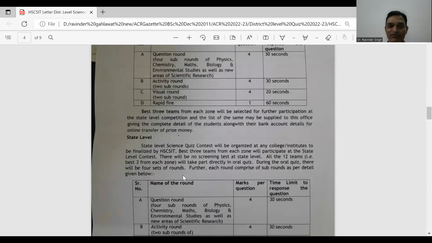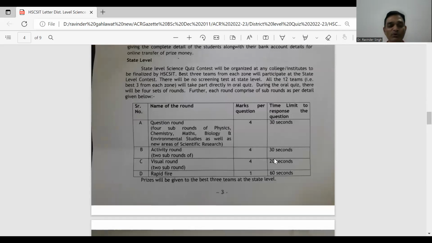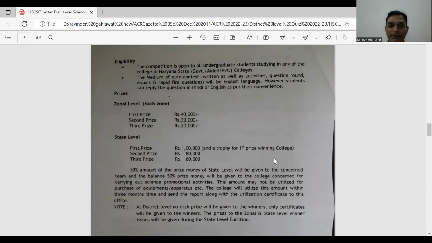फॉर द स्टेट लेवल। तो जो 12 टीम्स होंगी उनके बीच उसी टाइप से वही डिफरेंट राउंड्स होंगे। सबसे पहले तो स्क्रीनिंग राउंड, उसके बाद स्क्रीनिंग राउंड से बेस्ट 8 टीम्स आएंगी, जो 8 टीम होंगी उनके बीच होगा फिर क्वेश्चन राउंड, एक्टिविटी, विजुअल, रैपिड फायर राउंड, उसी टाइप से।